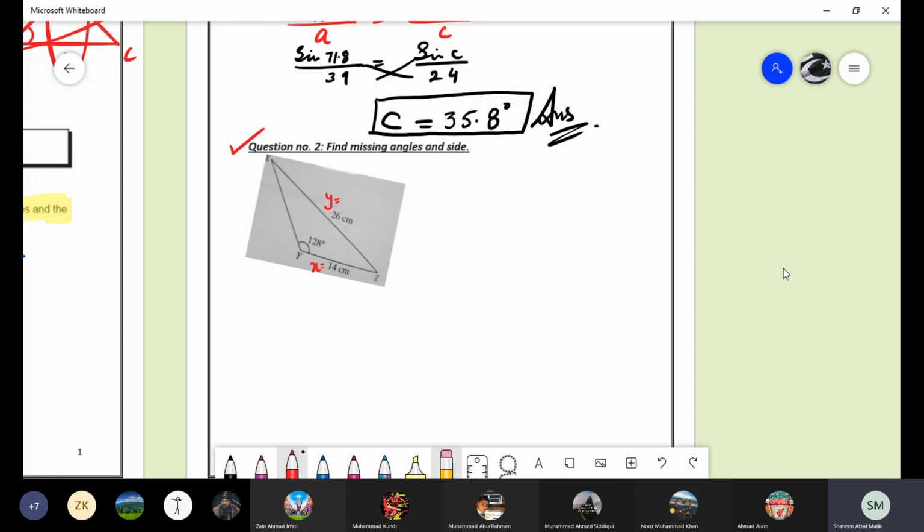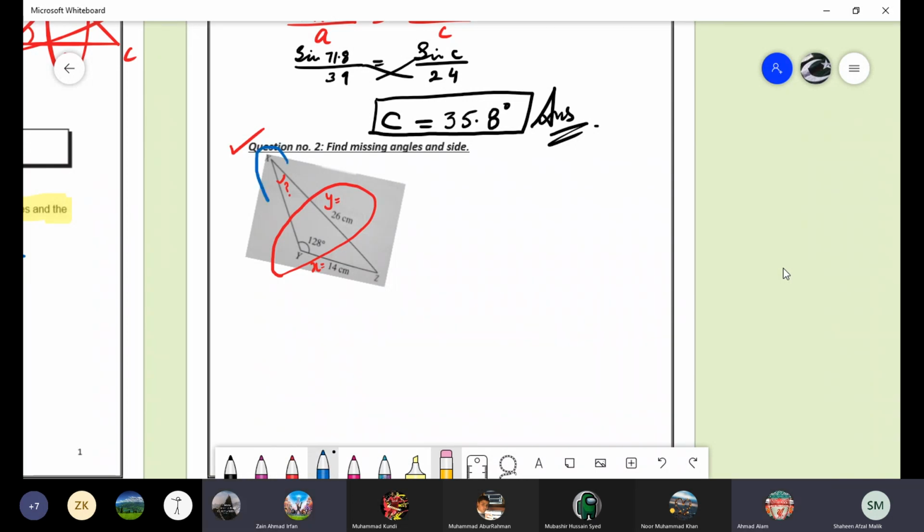Ma'am, will we be given the formulas? No, my dear, how will they give you the formulas? So look at this triangle. We have one complete pair. Side x is given, so we have to find out angle x. Again, we have the condition of one complete pair and one half pair. How will you do this?